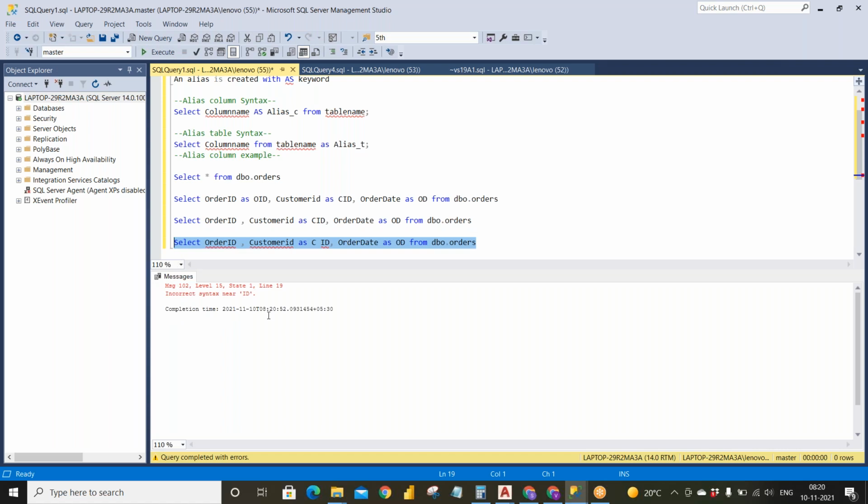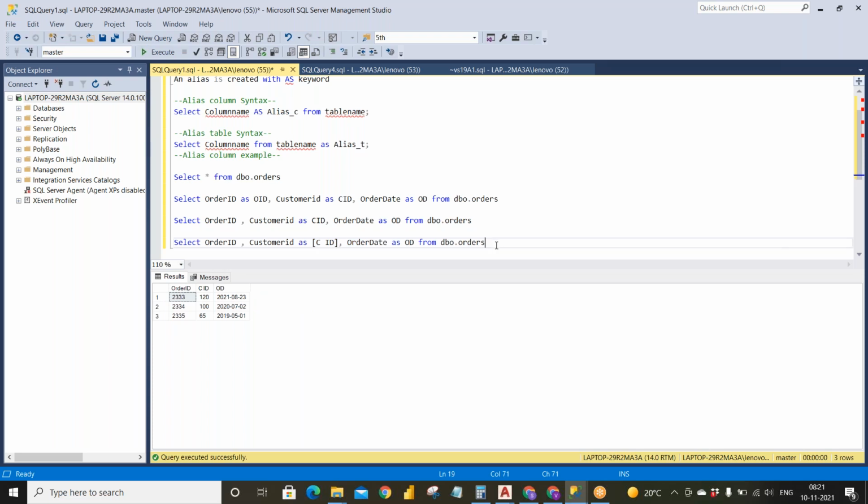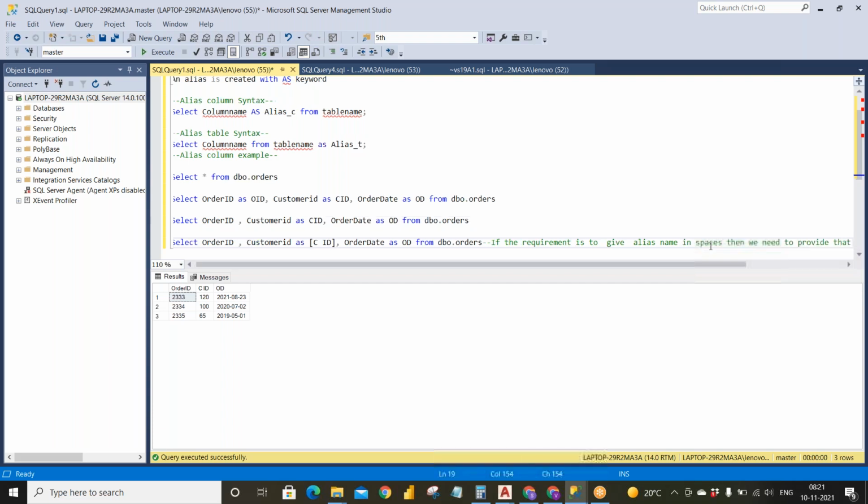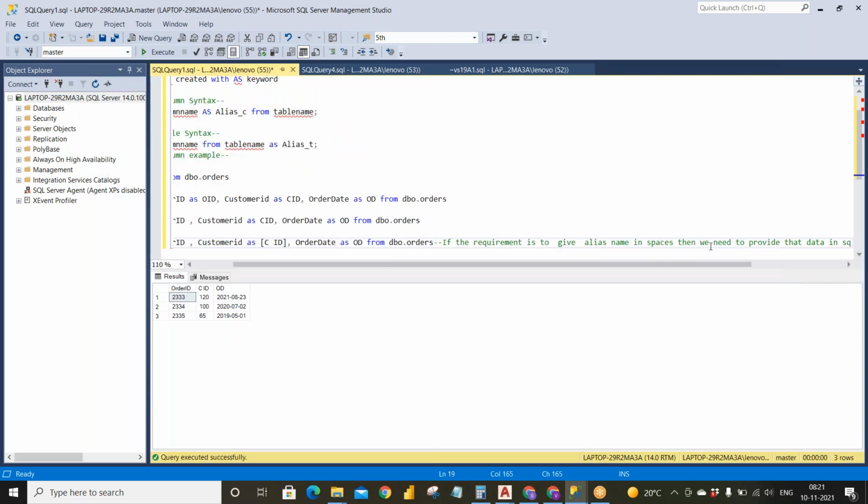In this case, if the requirement is to give an alias name with spaces, then you need to provide it in square brackets. Then it will execute.